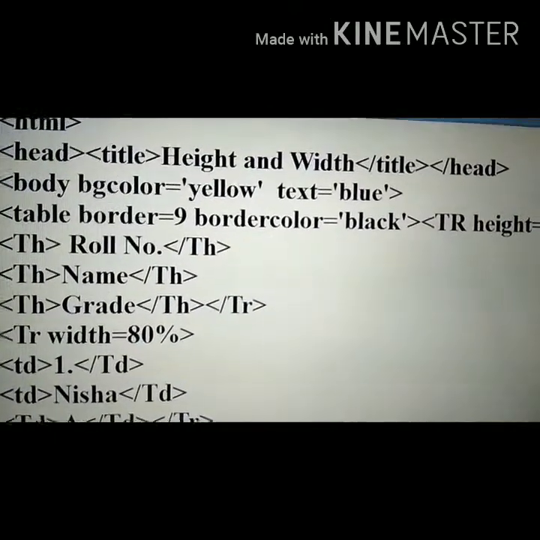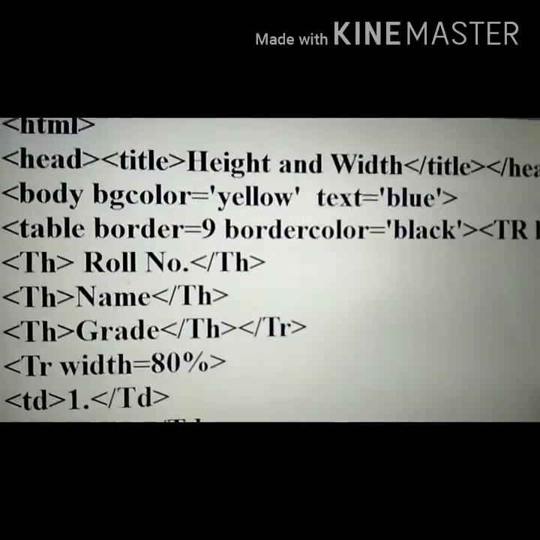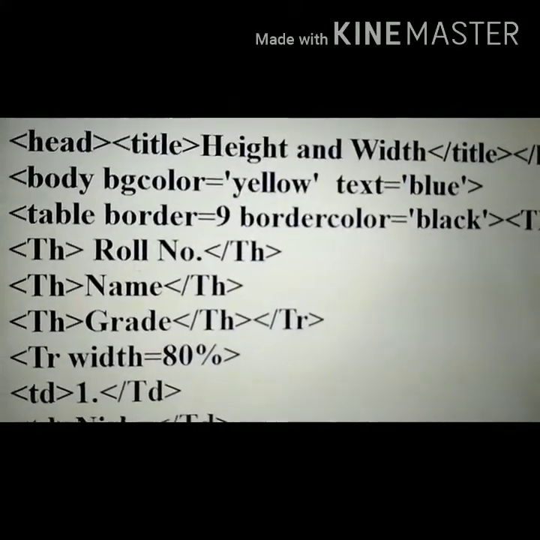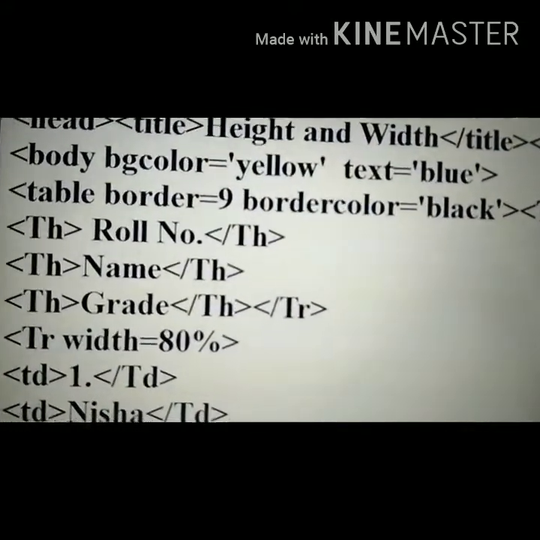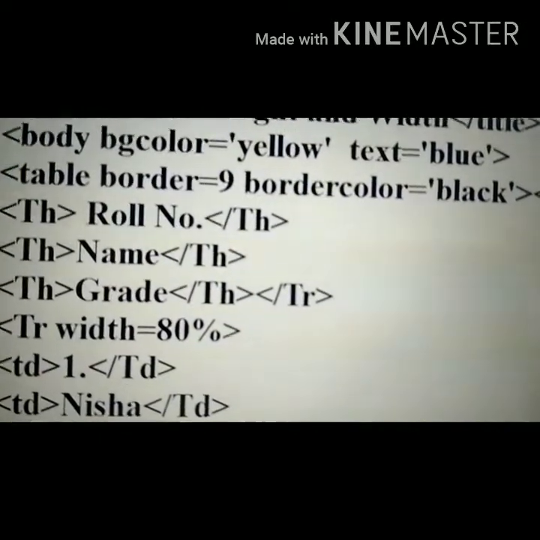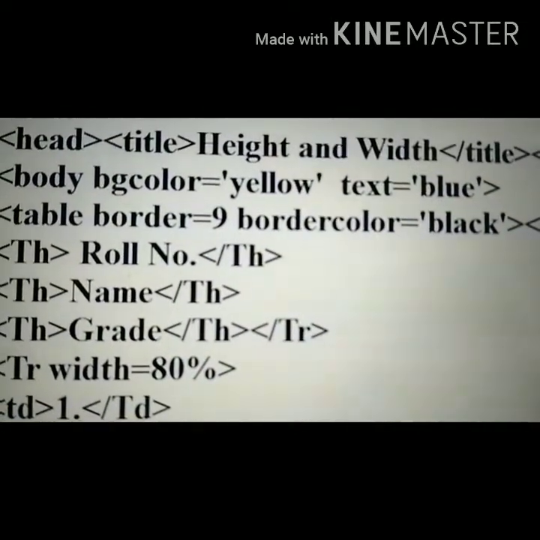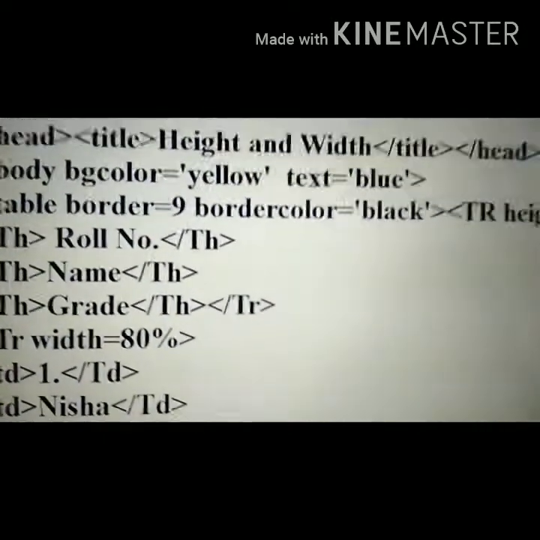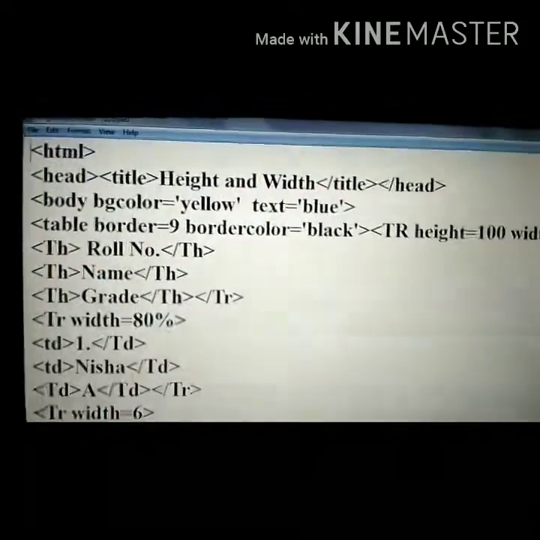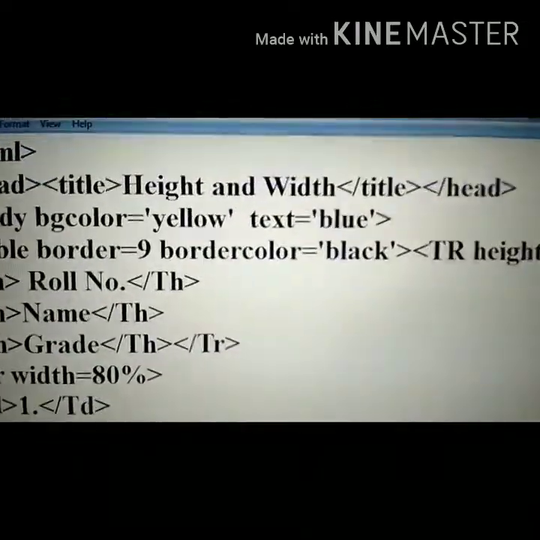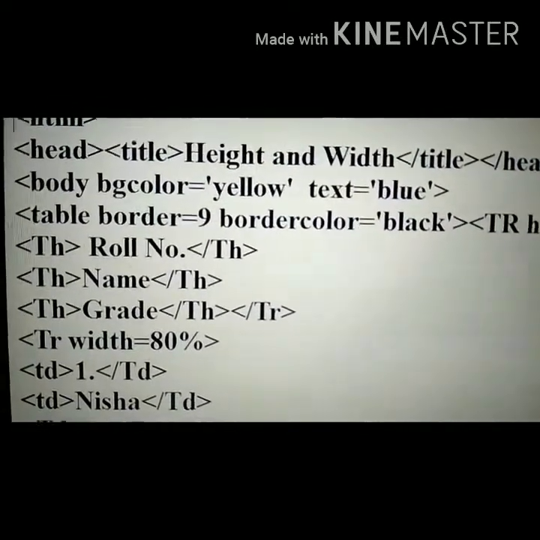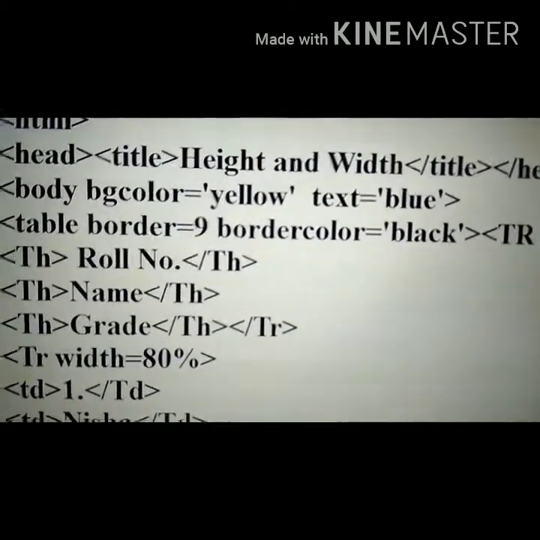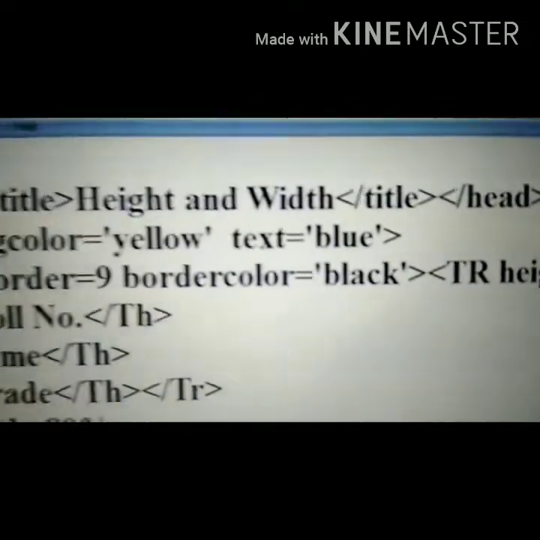Then comes the body tag. Body tag, bgcolor. Over here I have written yellow. I want the background color of my web page as yellow, and text is equals to blue. That means whatever the data, whatever the information or table I am writing over there on the web page, it should appear in blue color and background yellow color. Remember children, in the output we are going to see all these things. Background color should be yellow and text should be blue. See, I have written like this.